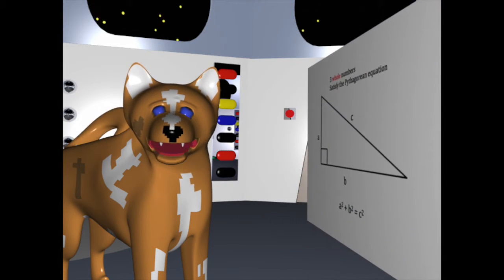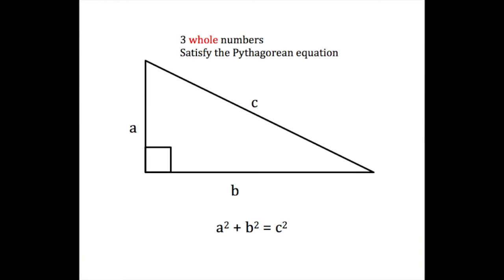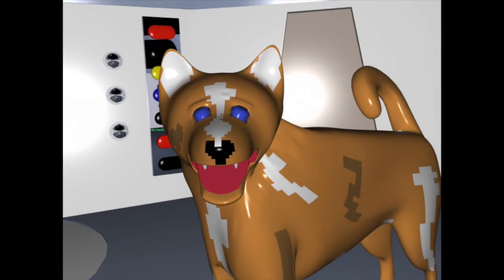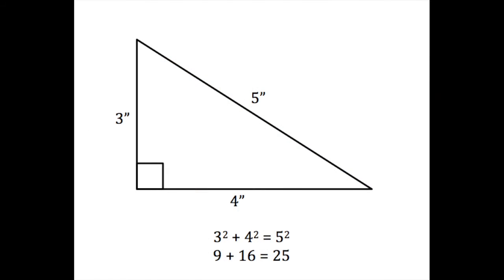So, let's review. A Pythagorean triple is a set of three whole numbers that form the sides of a right triangle, and they must satisfy the Pythagorean equation a squared plus b squared equals c squared. There are many Pythagorean triples, but the two main ones that we've been talking about in this video so far are